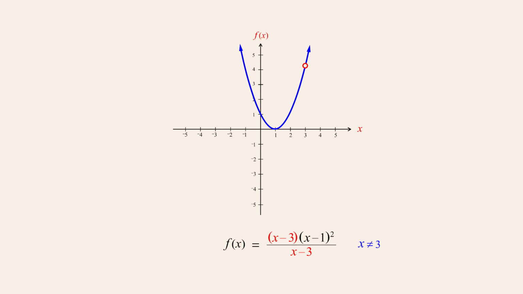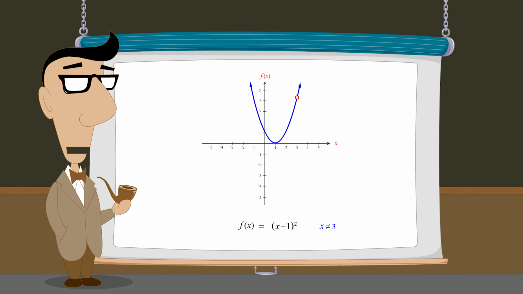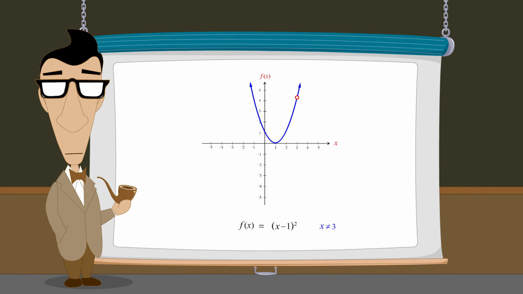And just like we saw in the previous example, this pair of identical factors can be eliminated without affecting the graph, as long as we keep the function's domain the same. Simplifying functions by eliminating pairs of identical factors in the numerator and denominator can often simplify the process of sketching